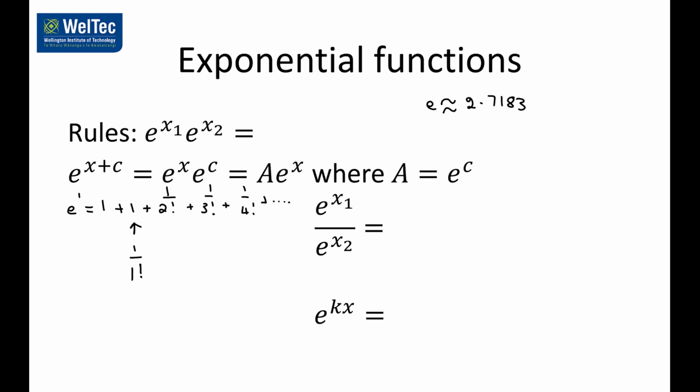The same rules for ordinary powers apply to this special sort of exponent as well. So we can add the powers when we're multiplying. And sometimes it's quite common to just replace the e to the power of c with some number, some constant itself, because e to the power of a constant will be a constant. Similarly for division, and again with multiplication, we could rewrite that as